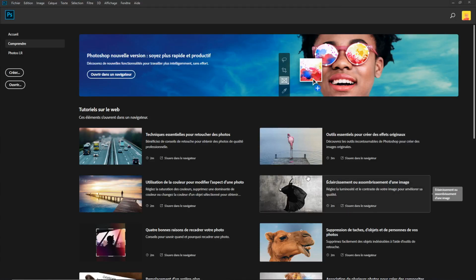Alright guys, let's take a quick tour of Adobe Photoshop. When you open Photoshop, you're going to see several things. This menu leads you to the learning path, and first we're going to create a new